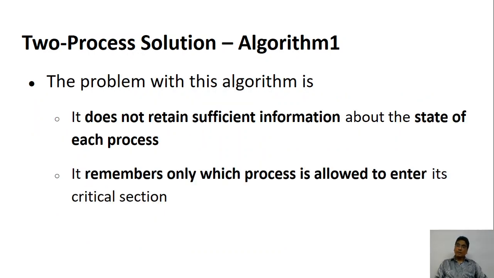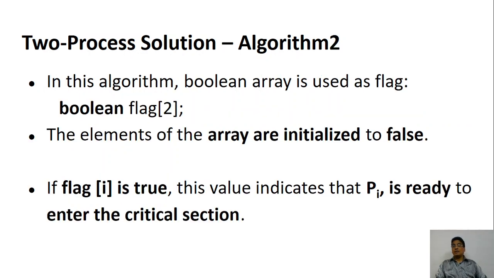What is the problem with this particular algorithm is that it is only interested in mutual exclusion. It does not have the information about who has completed, whether I has completed or J has completed. It is simply saying that okay, one has completed, the other will come, the other has completed, the first one will come. So it will just make the mutual exclusion. That's not the thing that we wanted. So how to upgrade it?